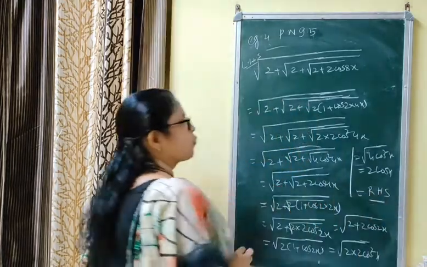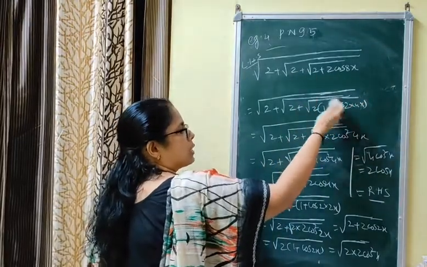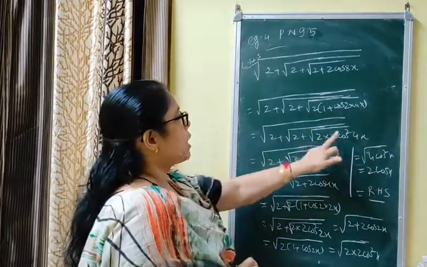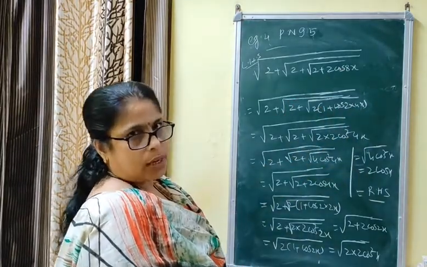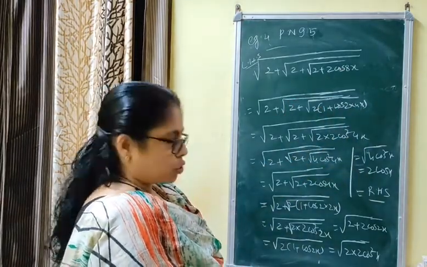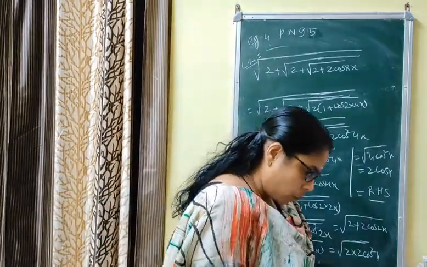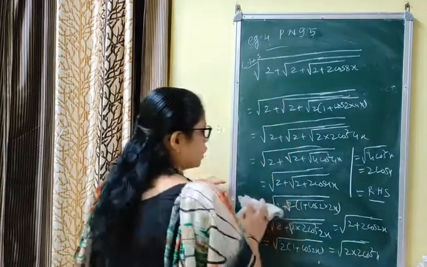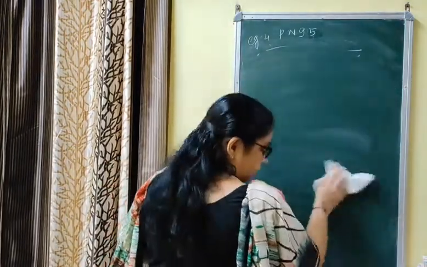That means in this type of question, start opening from the right extreme corner. राइट एक्सट्रीम कॉर्नर से खोलना भी स्टार्ट करना है, उसके साथ में हर एंगल को 2 के मल्टीपल में लिखना, so that you can apply the formula 1 plus cos 2x equal to 2 cos square x. In this type of question you can find in the unsolved part also, that also you do, so that you get a clear idea about that one and you will not have any confusion.